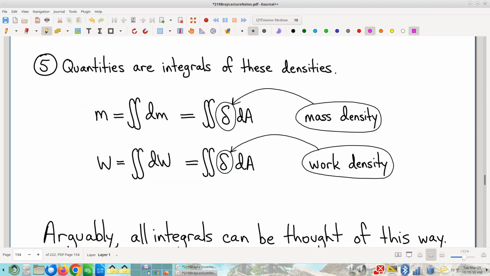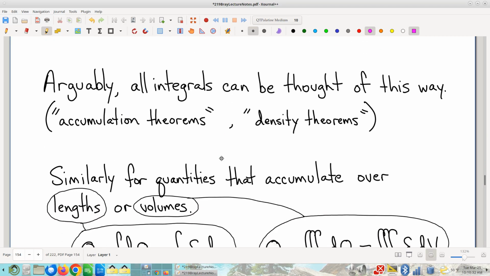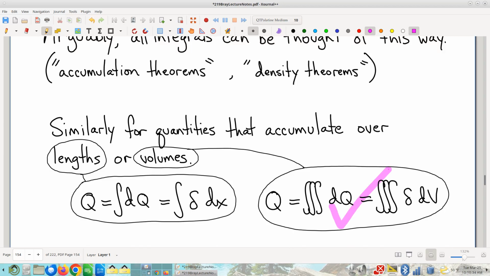Okay, all right. So, by the way, likewise in 3 dimensions, same idea. Just a quantity that accumulates over volumes. Just means that if you split the volume, then the whole is the sum of the parts. It's the same basic idea. And you get all the same goodies. You can think of it as stuff. There's an associated density, and you can create a corresponding integral thing. Okay. Likewise in 1 dimension as well.